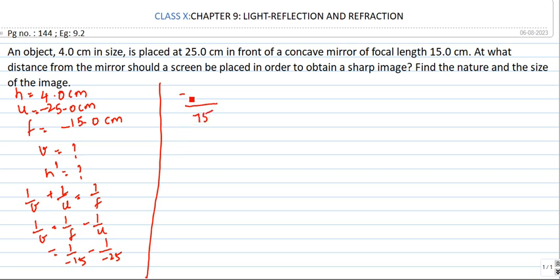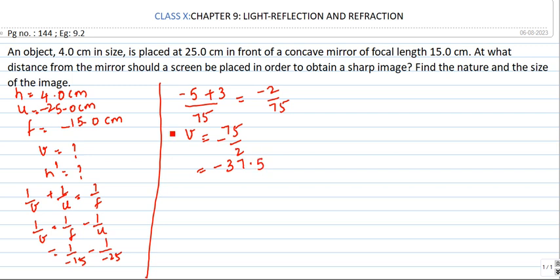So what do we have here? We have minus 5 plus 3, which is minus 2 by 75. So we have v to be 75 by 2 and with a minus sign. So this is minus